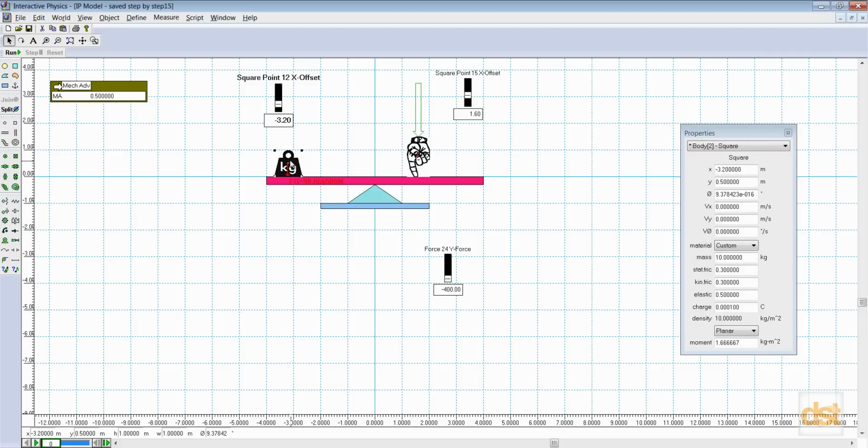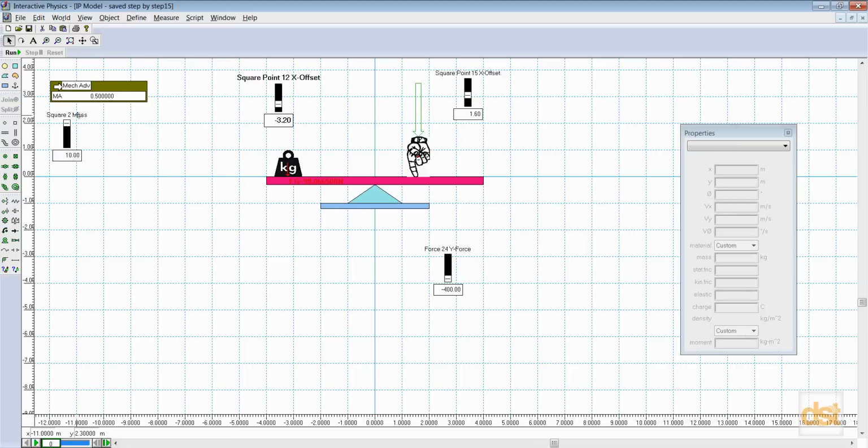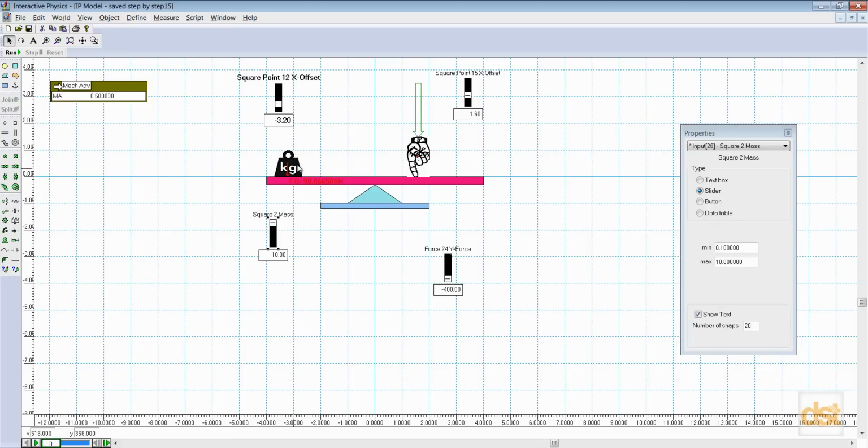Let's go ahead and click on this body underneath this mass picture, and we'll click on Define, New Control, Mass, and now we have a mass control slider for that body there. We can also specify the upper and lower bounds for that mass. So now if we set the moment arm distances to be the same, so for example 2 and -2,